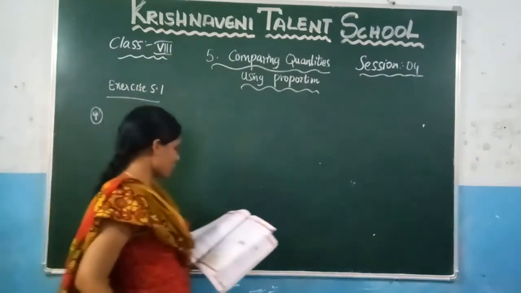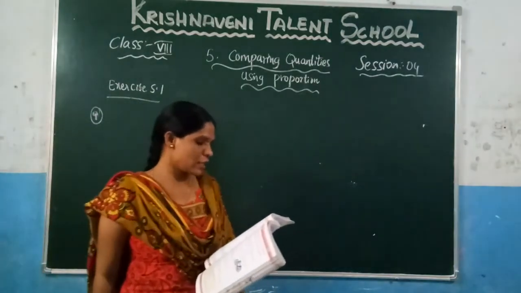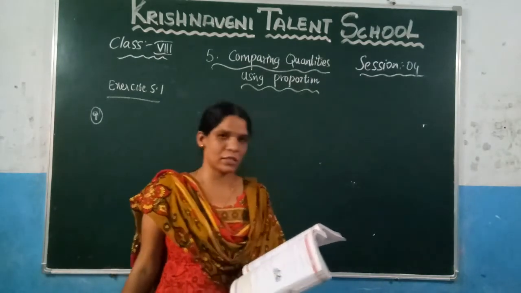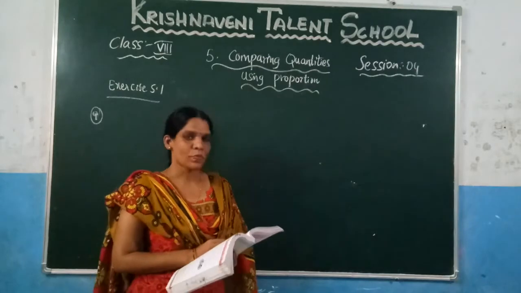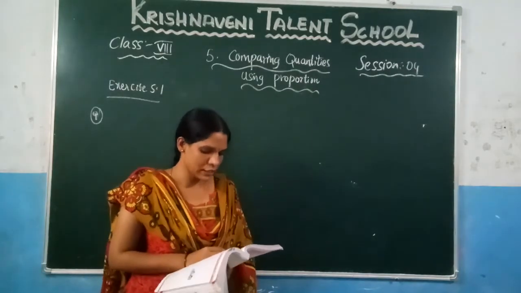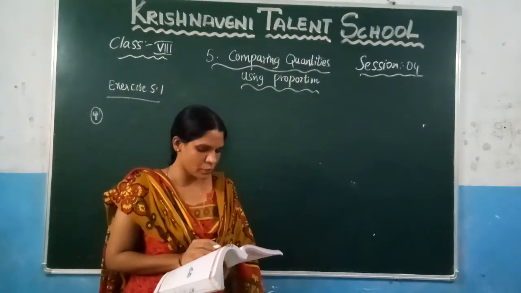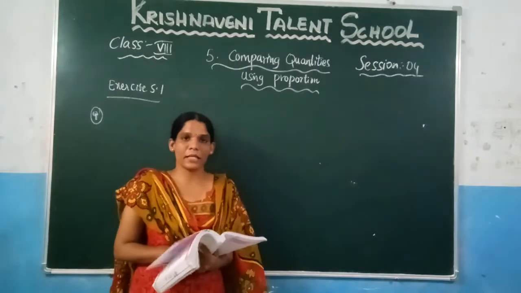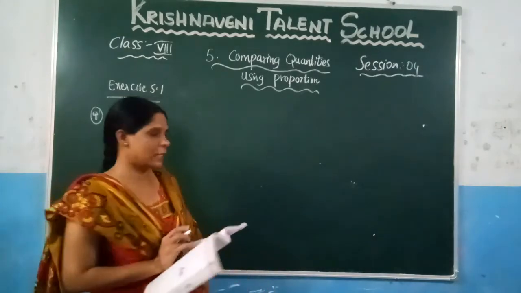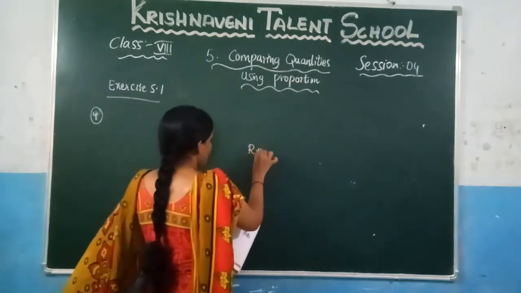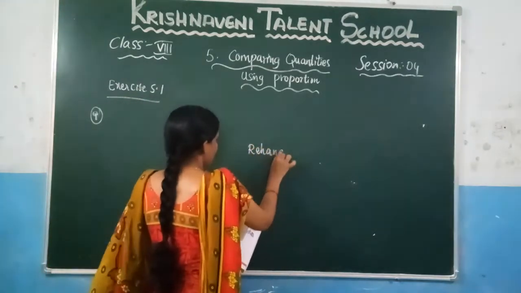Ninth question. What is the question given here? Rajendra and Rehana own a business. Two persons are there. They have some business. What they said here? Rehana receives 25% of the profit in each month. In each month, he is getting 25% of the profit. Who? But Rehana. So let us see here the question.